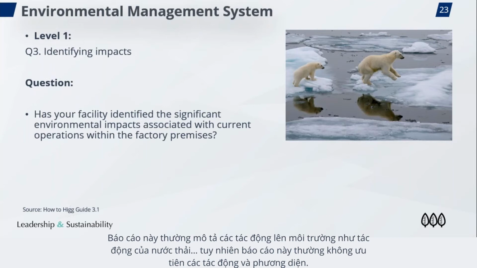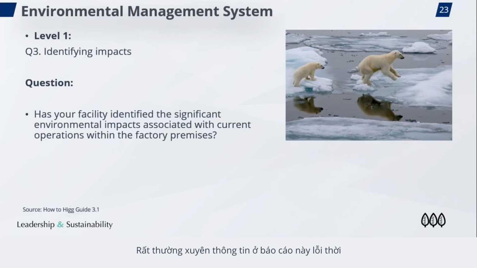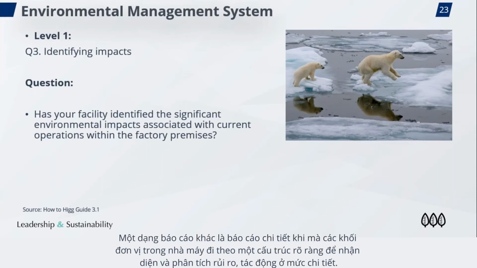However, usually it doesn't prioritize the impacts and aspects. So it doesn't really clearly explain what are the significant environmental impacts. And very often the document is also old and outdated. So if you have a factory that is older than 3 years, this document is probably not actual anymore. Another type of report that we also sometimes see is a much more detailed report where all departments